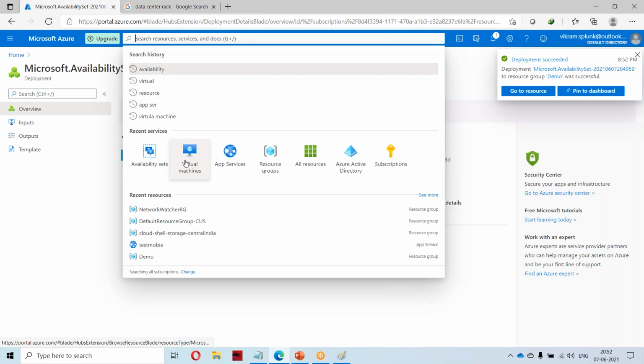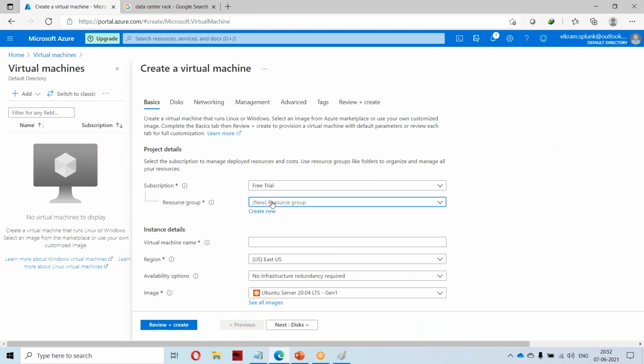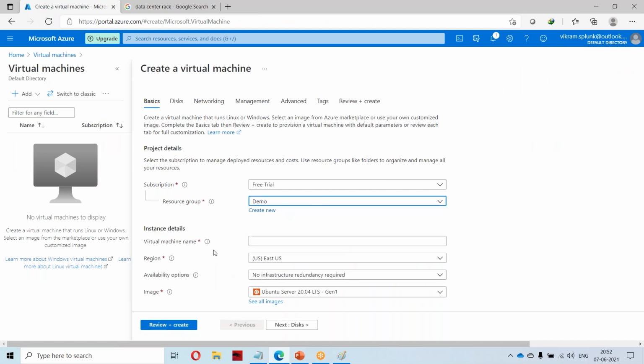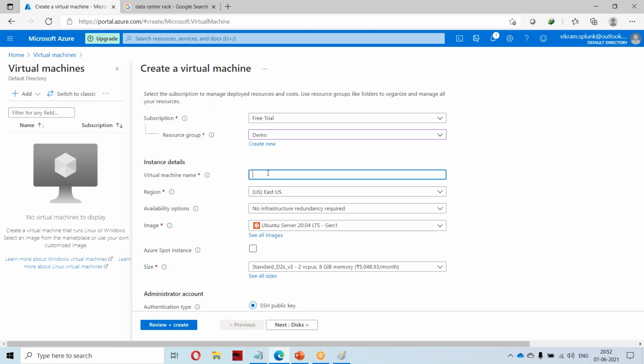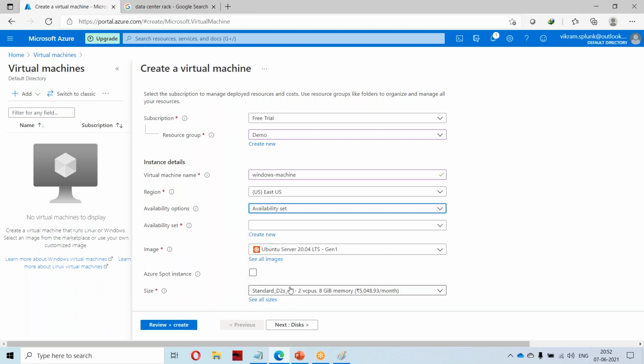I will go to virtual machines and create a virtual machine. I'm selecting this demo, Windows machine. Now I have selected the availability set.